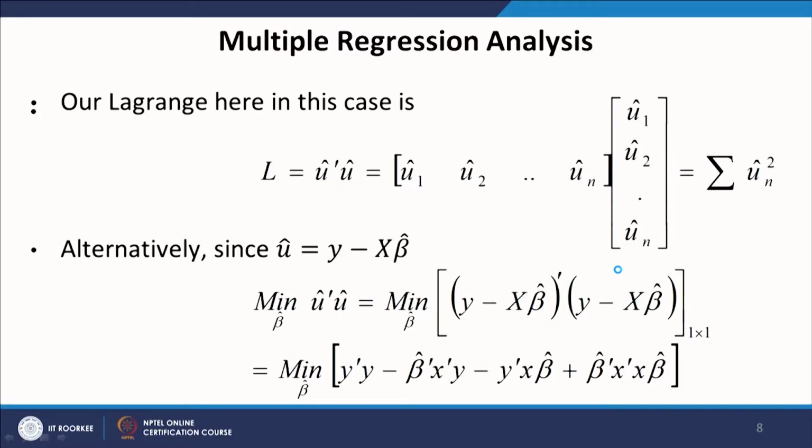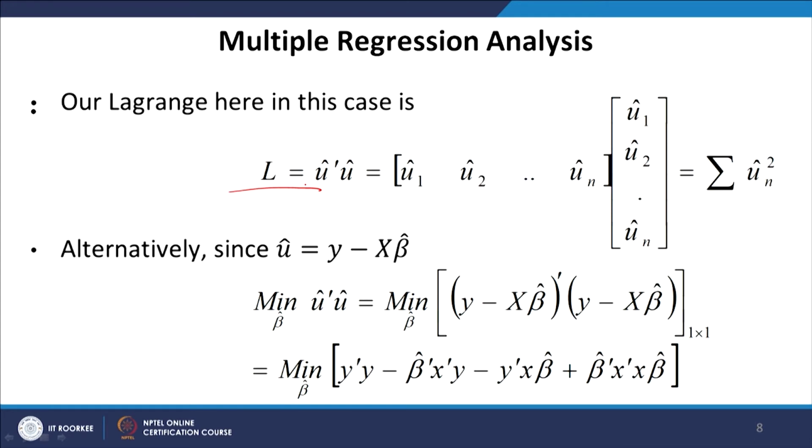Now, the residuals can be stacked in a vector, which is very similar to the population error. The way the population error has been stacked, the residuals can also be stacked, because we minimize the residuals, not the population variance or the population error. So, we need to bring in the concept of residuals, and this is so because we work with a sample, we do not work with the population most often, and that is why we minimize the residuals and not the population error actually.